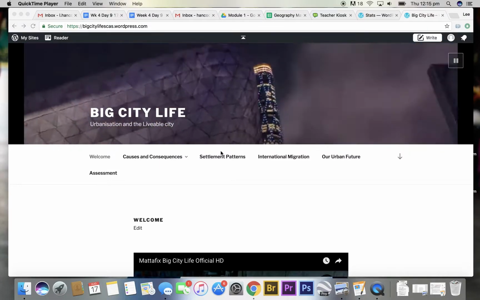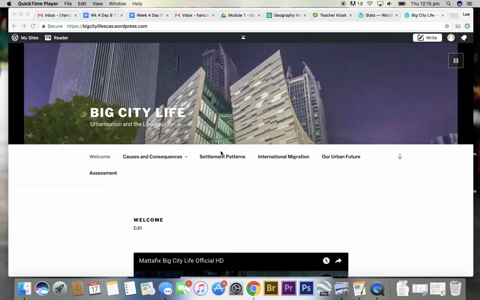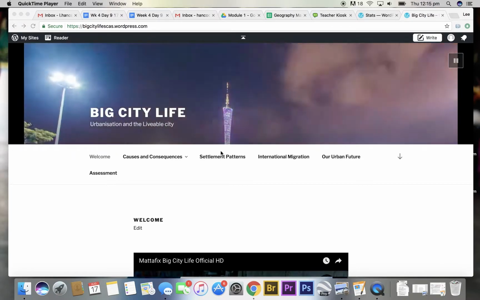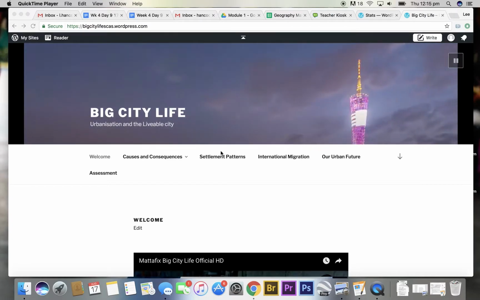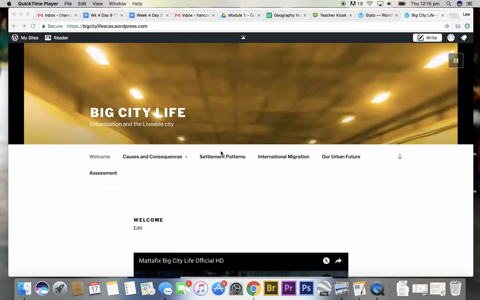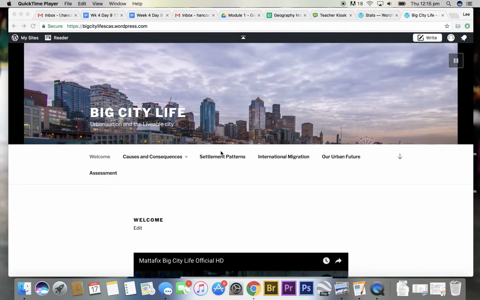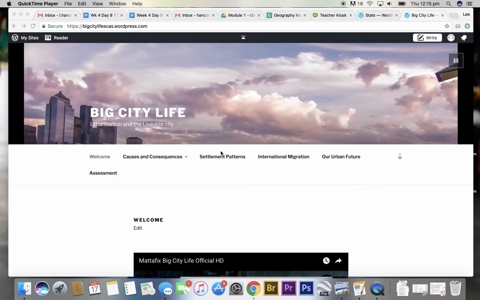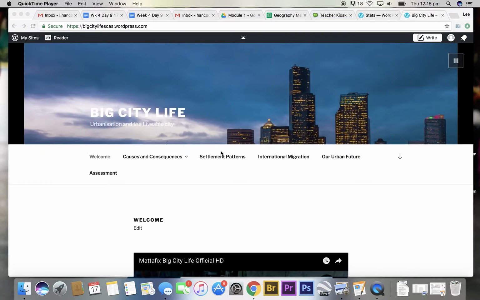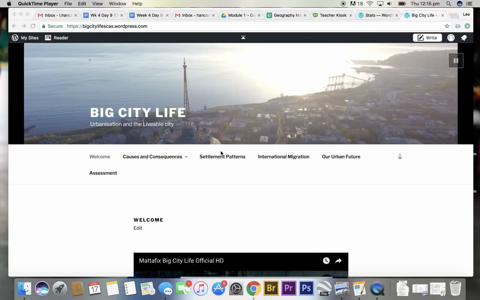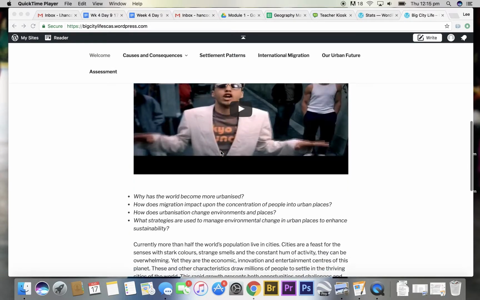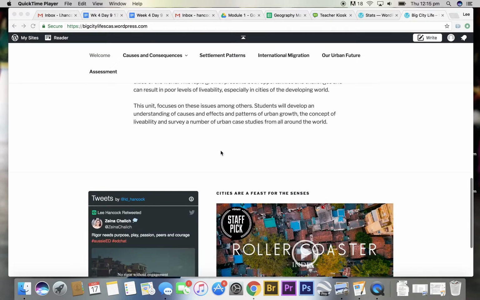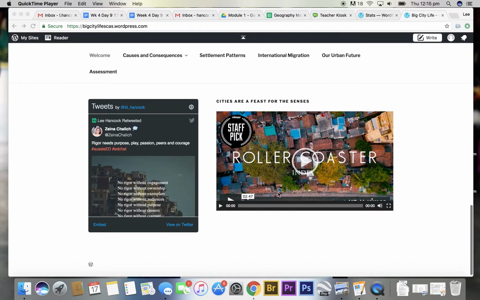Today we're going to look at how to create a WordPress site with some embedded materials so that we can develop some flip learning and create a website that is, I guess, a basis for teaching a unit. So here you can see one that I have already, Big City Life, which is a unit I teach for Year 9 Geography. Within it we've obviously got YouTube videos, we've got text, you can embed some widgets below including